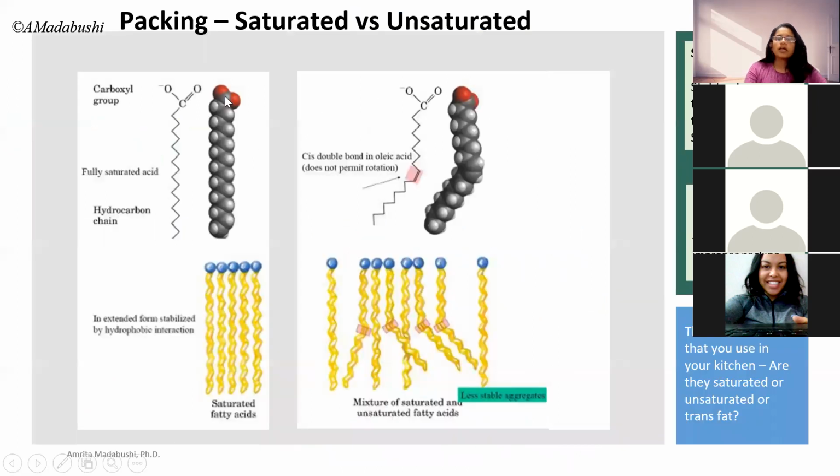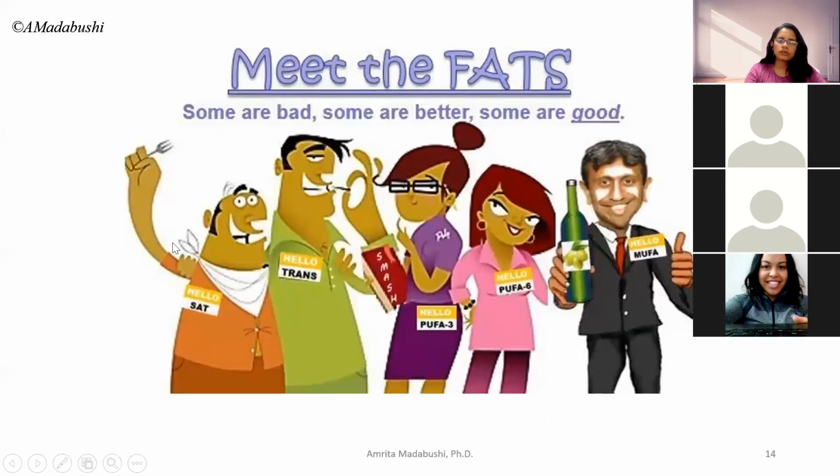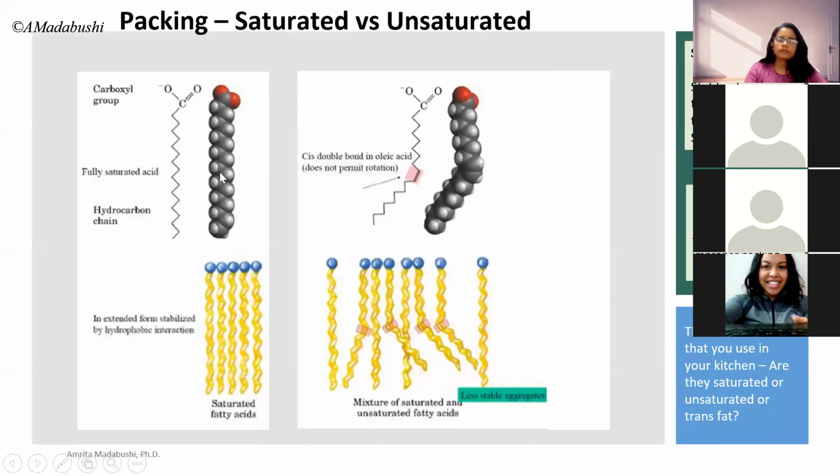So in general, saturated ones have no double bonds. And that's, again, a very important assignment as well as exam question. And then they're looking straight. And what is this little ball in here? That is the COOH. That's a carboxylic group. That's blue because that's not the same as carbon, right? So we just wanted to distinguish. Whereas the